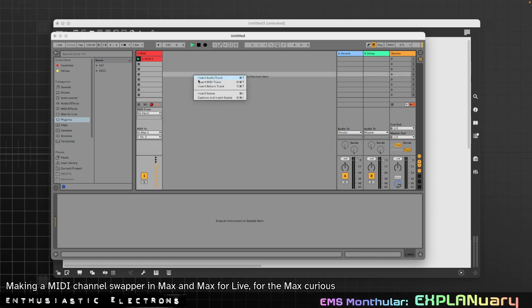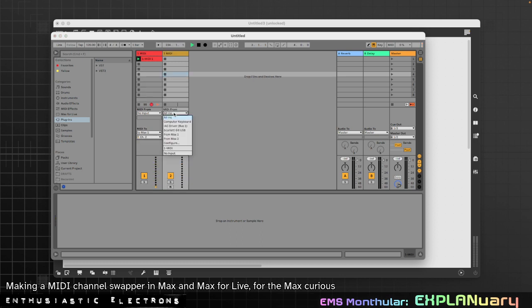But I'm going to create another MIDI track and say input from Max 2, channel 1, and you can see the little bouncing ball here. It's receiving the MIDI information that it's getting from Max. So if I wanted it to be channel 2 instead of